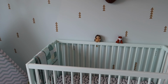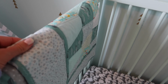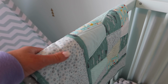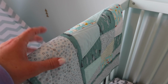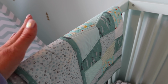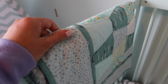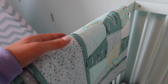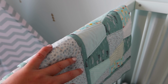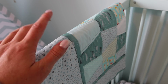Now, what actually dictated this theme for the bedroom, like a colour scheme anyway, was this blanket, which Mark's mum actually made for Stan when he was first born. She's made one of these for all 3 of the kids, and they're all different colours. Daisy was yellow because Pat knew that I was going for a yellow theme with her nursery, and I'd mentioned the colours that I like for Stan, but obviously I knew I was never going to do my bedroom anytime soon. So we've had this now for 18 months, and it's just beautiful,